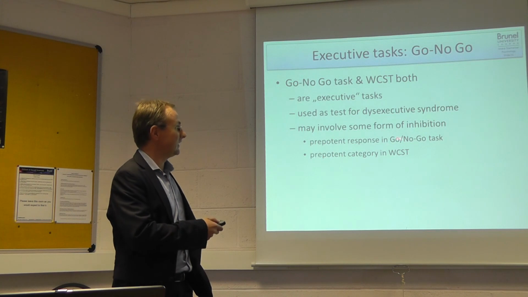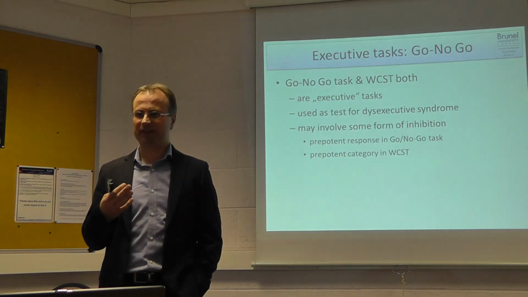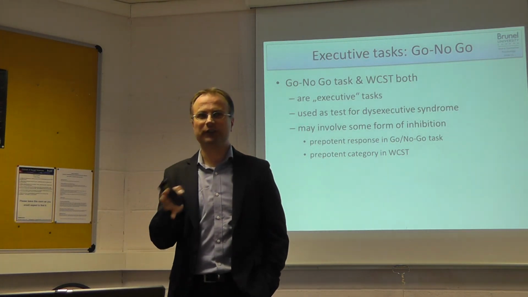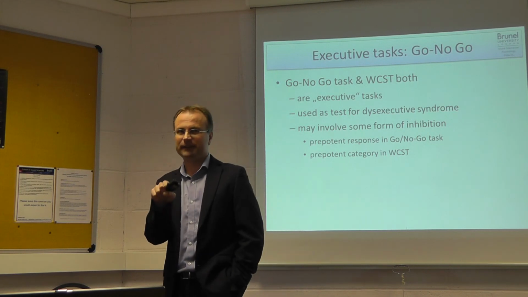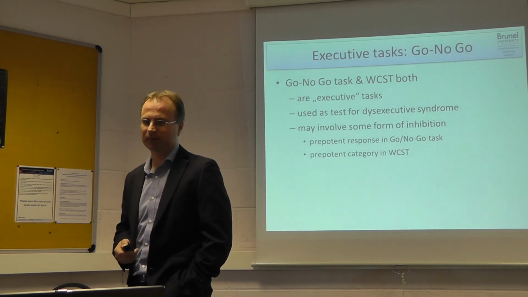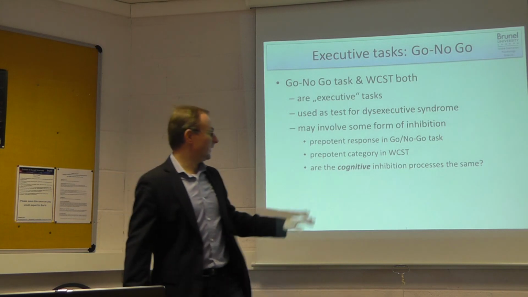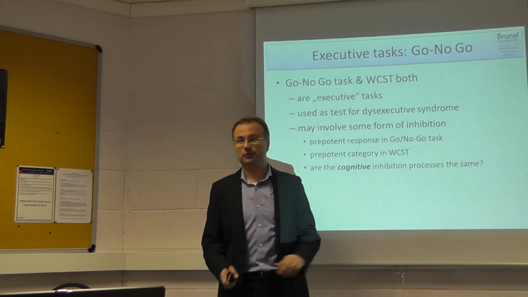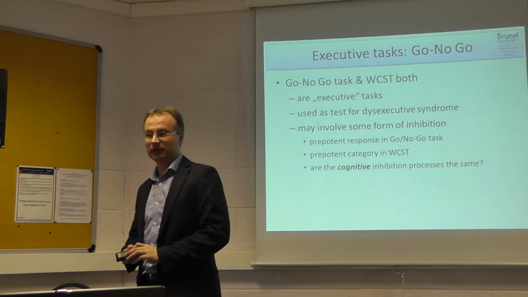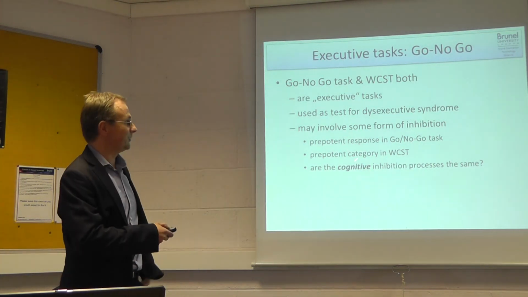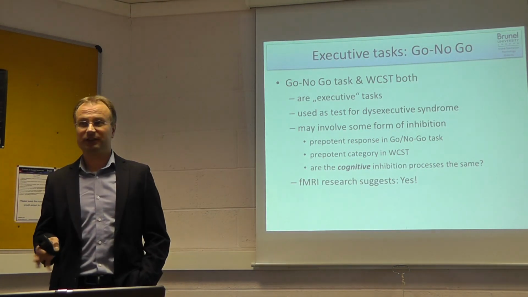In the Wisconsin card sorting test, it's a more abstract category of how to sort cards, and not directly a finger press which I have to withhold. So the question is, are the cognitive inhibition processes the same or not? And are they related to each other? And the study we've just seen suggests